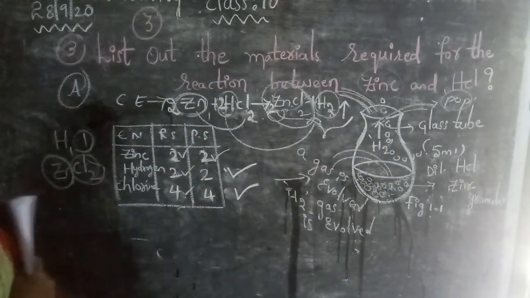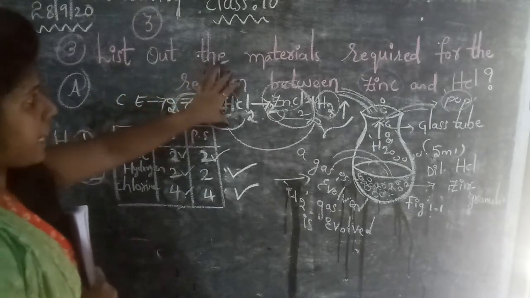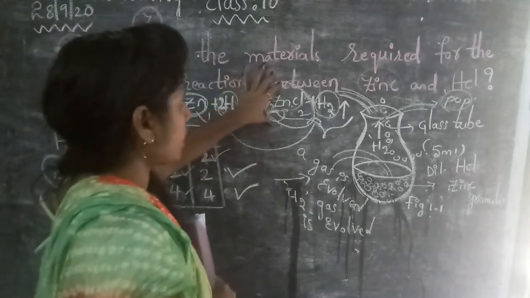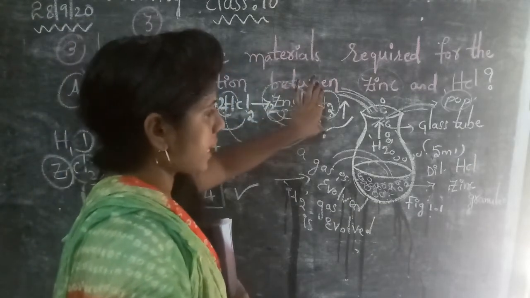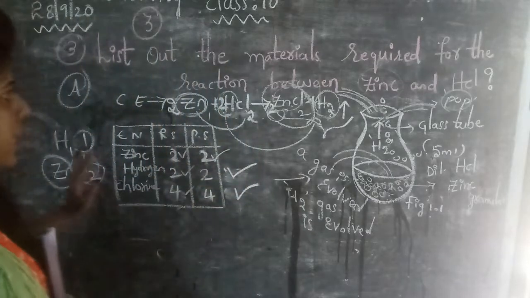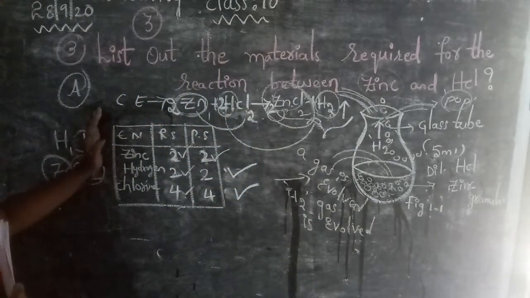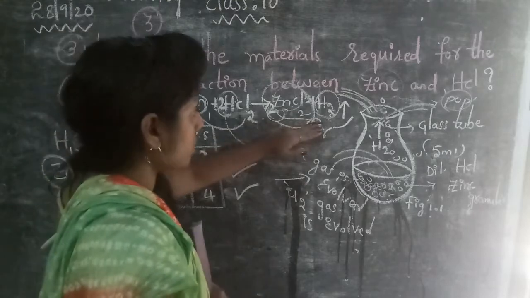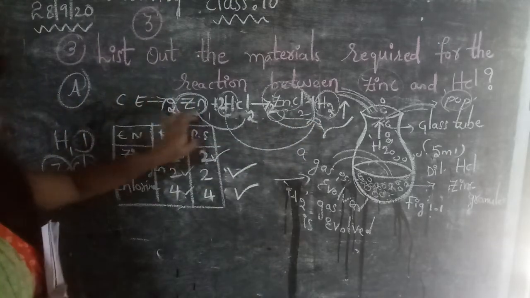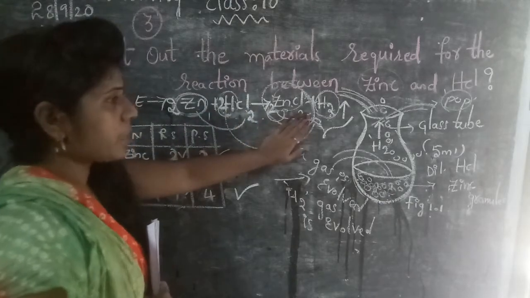Finally, we are getting the product. 2 zinc plus hydrochloric acid will be reacted with each other. We are getting the product zinc chloride and hydrogen gas is released. This is the chemical equation. We have to draw a tabular column whether it is a balanced equation or unbalanced equation. Okay, now first we will check the unbalanced equation, right? After that I am making it a balanced chemical equation.